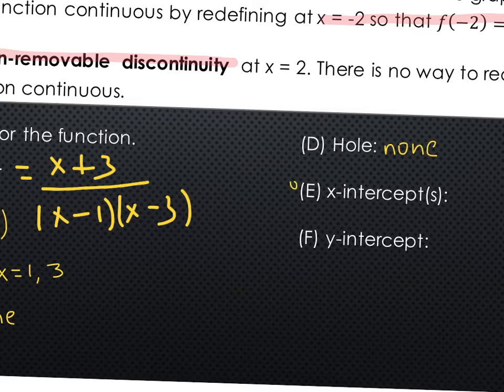Remember, for x-intercepts, you are thinking to yourself, y equals 0. So if you plug